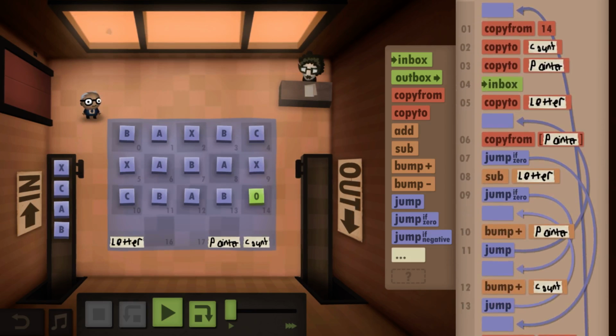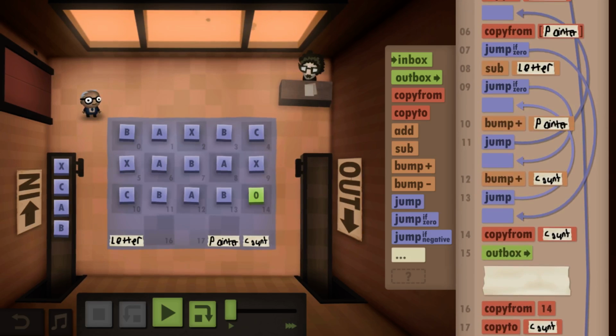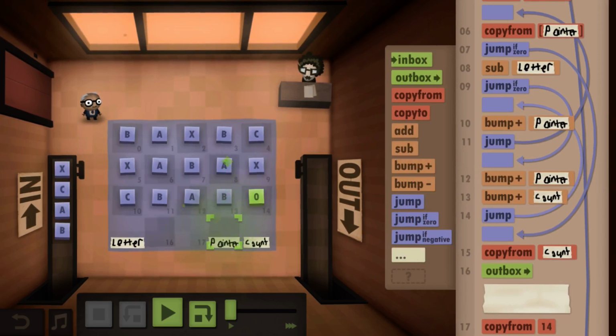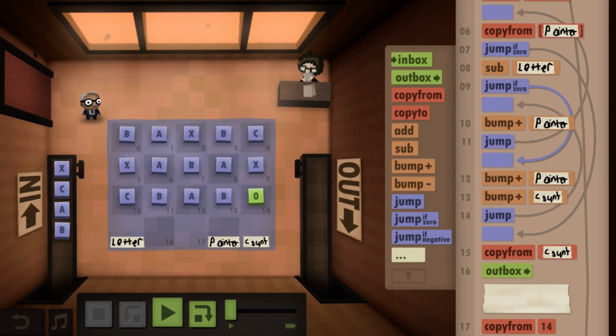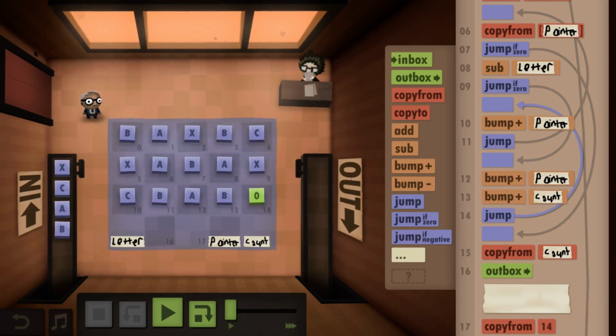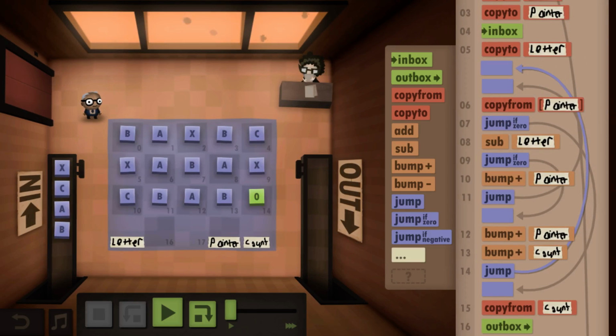So what's the one thing that's different here is this is not there. Jump of 0, bump up this and this. This allows me to then save a step to go here